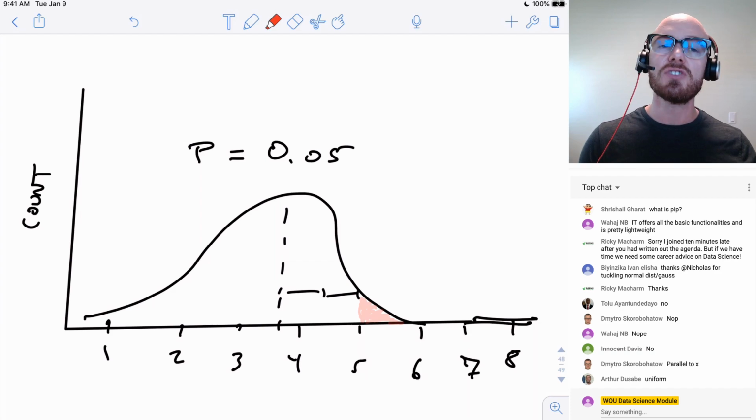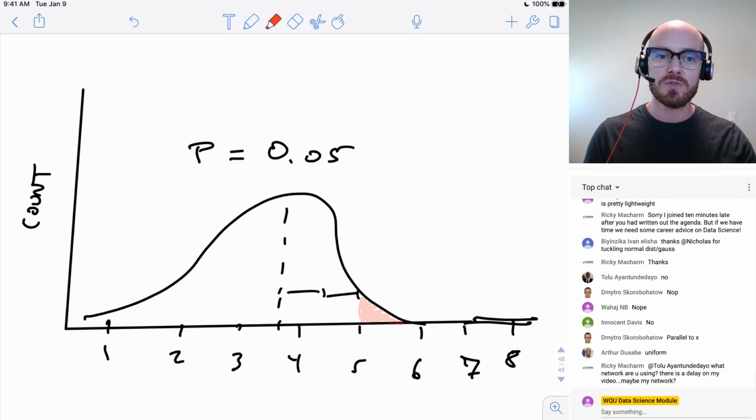Now, it's not set in stone that you have to use 0.05. If you want to be really sure, you can have an even lower p-value. You can say 0.01. And if you don't think it's that important to be sure, you just want to suggest it more weakly, you could use a p-value of 0.1.